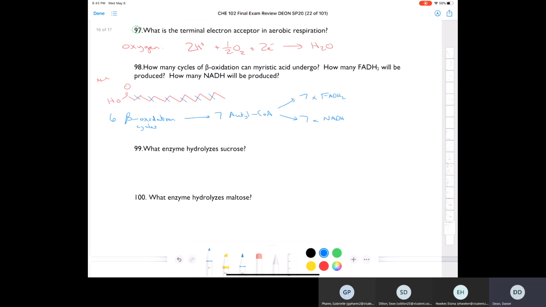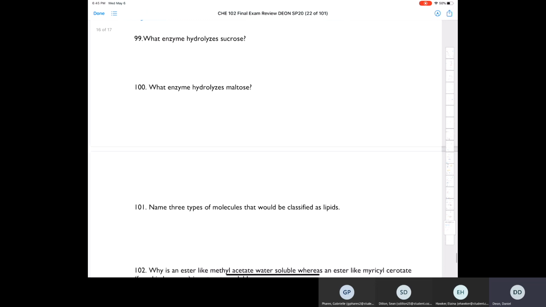What enzyme hydrolyzes sucrose? Does anybody know the name of the enzyme that hydrolyzes sucrose? Remember that most enzymes end in a 3-letter suffix. Does anybody know what that suffix is? -ase, yeah, absolutely. So if it's sucrose, it must be hydrolyzed by